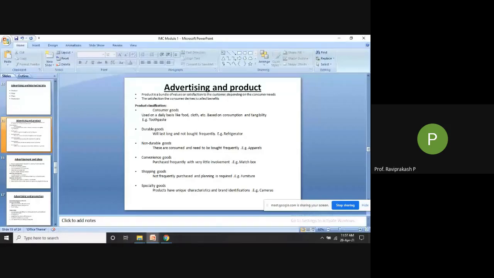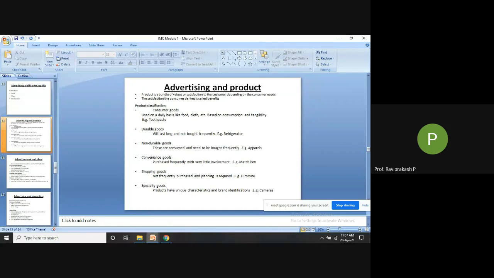Next is convenience goods. These are purchased frequently with very little involvement. You don't care what they are giving. An example is a matchbox. You go and say, I need a matchbox. Whatever he gives, you'll take and come, unless you have used one specifically and you are particular about something, or it could be the length of the matchstick. In matchboxes also, there are big sticks, small sticks, wax sticks. So many things are there. Some people may not like some of them, or based on what they are using, they don't want to use that, then only they'll change it. Otherwise, a matchbox at home, you can get anything.